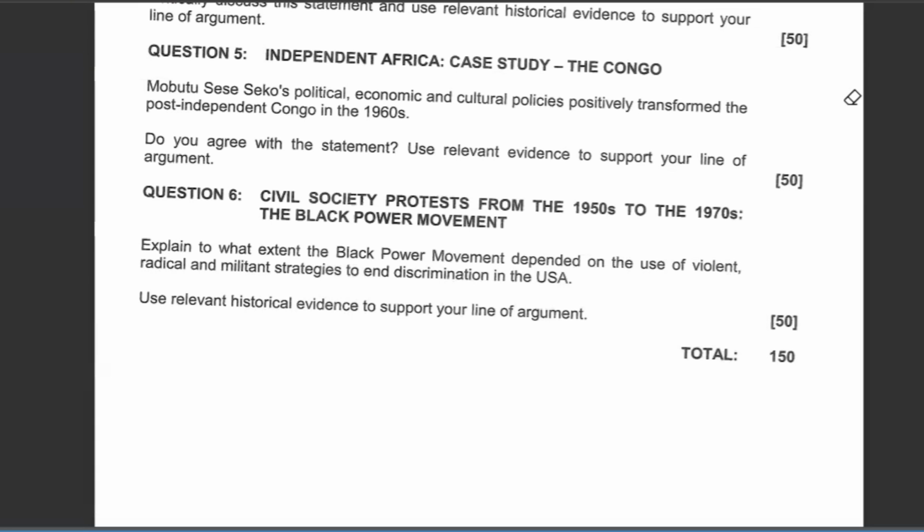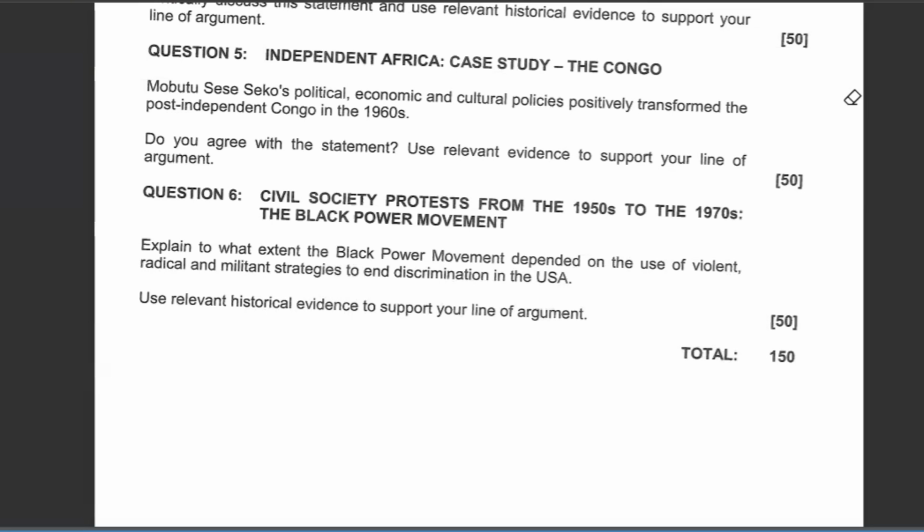This gives an impression that whatever he was doing was not after transformation of the politics of Congo in a positive way and for the betterment of the people of the Congo, but after his own benefit, or after the fulfillment of his own needs and wants. So that on its own is a point which qualifies to discredit the claim that Mobutu positively transformed post-independence Congo.